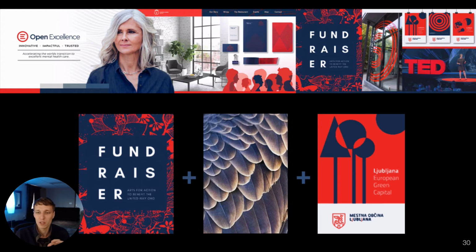So basically notice that we have these really strong motifs here, and we were trying to figure out, all right, what could we do to make these our own, and give it a little bit more meaning. And their old logo was basically wings. And so we were like, well, what if we had a nod to their old logo and used a zoom in close up of a sort of winged texture, and used that as the basis for some of these abstract designs. And that's exactly what we did.